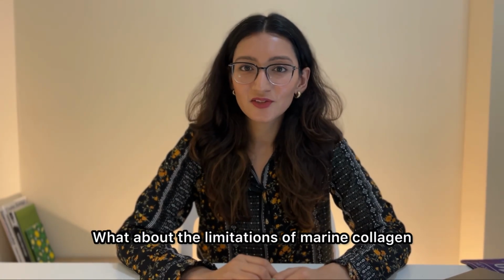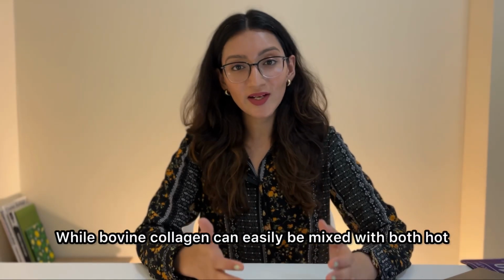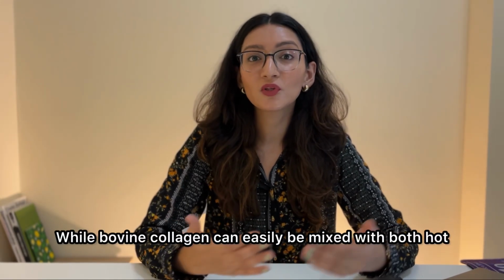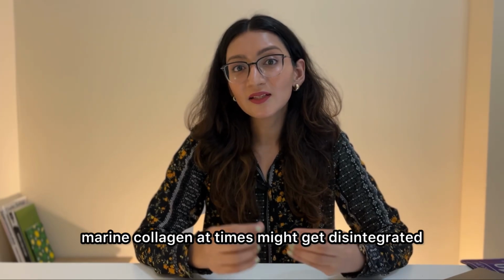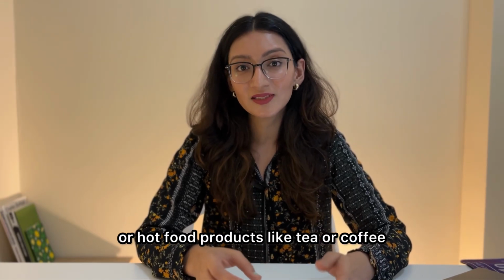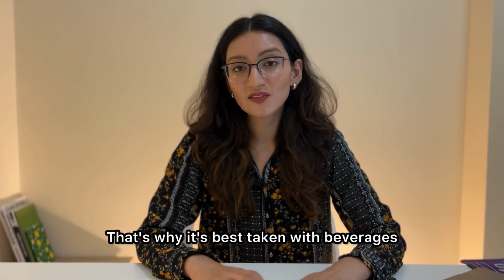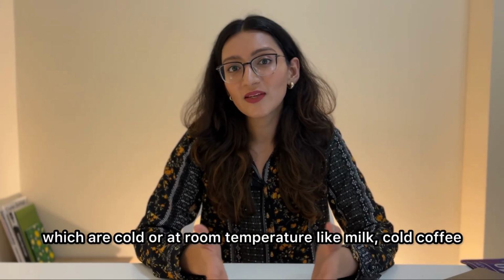But what about the downsides? What about the limitations of marine collagen? One thing is lower thermal stability compared to bovine collagen. While bovine collagen can easily be mixed with both hot and cold drinks, marine collagen at times might get disintegrated if you take it with hot drinks or hot food products like tea or coffee. That's why it's best taken with beverages which are cold or at room temperature like milk, cold coffee, your smoothie